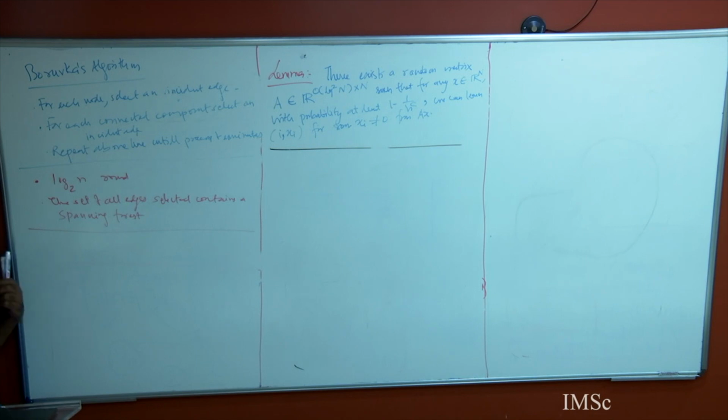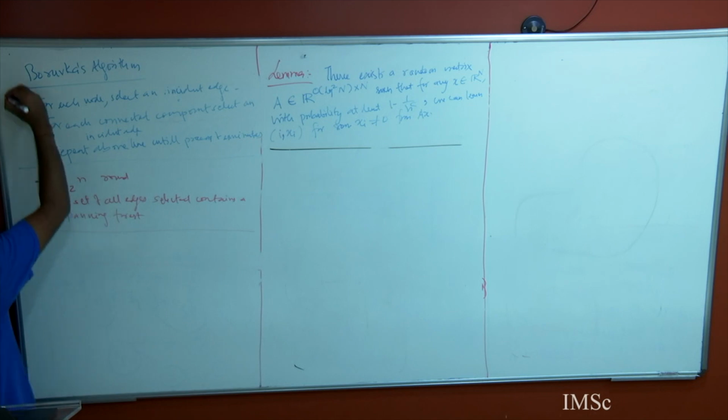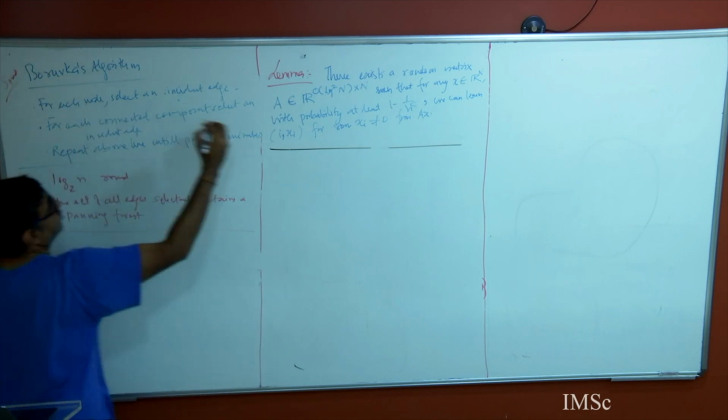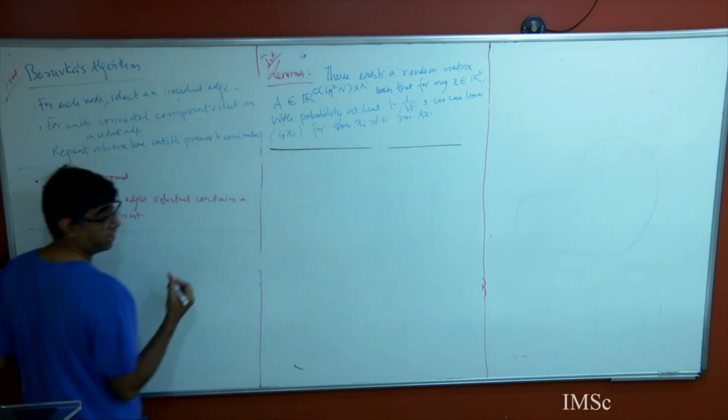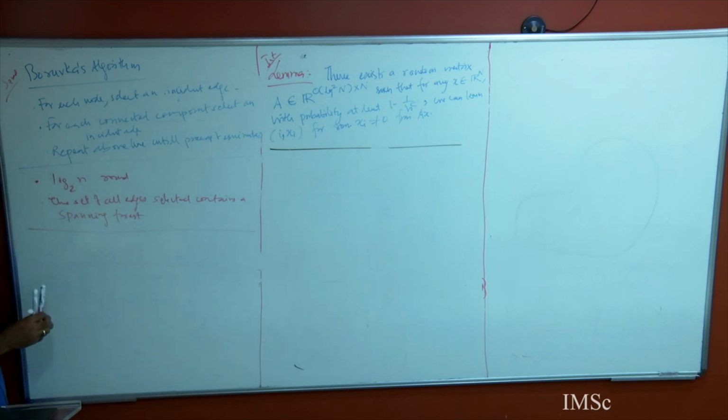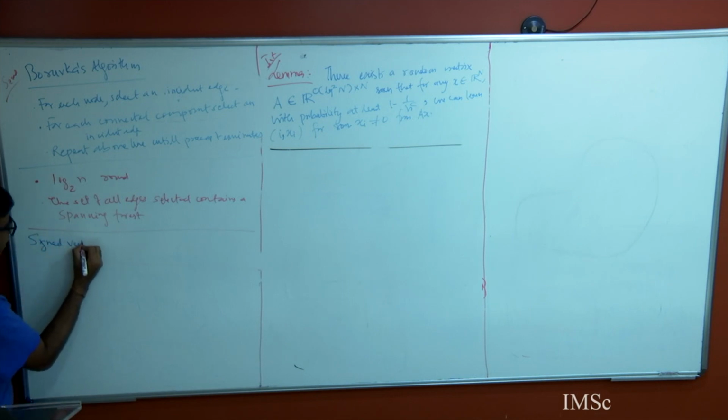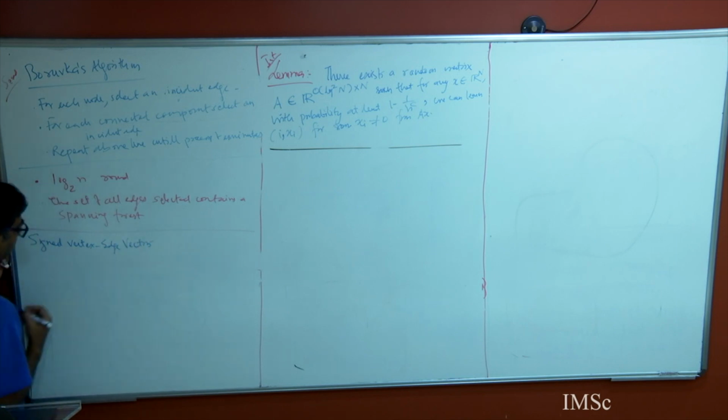So what did we do? If you recall correctly, the last ingredient which we used was the third ingredient. So this is second, this is the first. There's a reason why I'm repeating it, because this is the backbone of almost all the algorithms which we will see. The final thing which we saw last time was what is called the find vertex edge vectors.